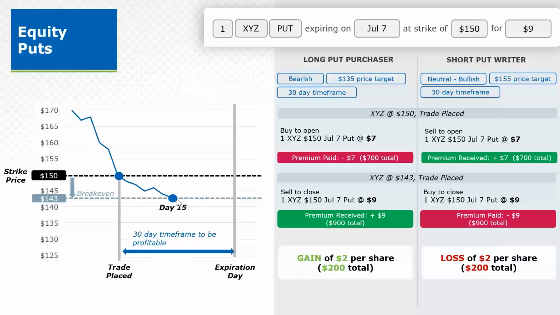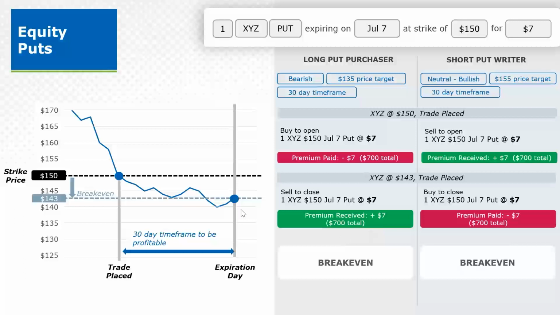So that's what happens. Even if price is at the break even, if there's still time to expiration, just know that the value of the option will still have some extrinsic value. Now, at expiration at the break even price, there is no extrinsic value, and the option value or the put value is still at $7,